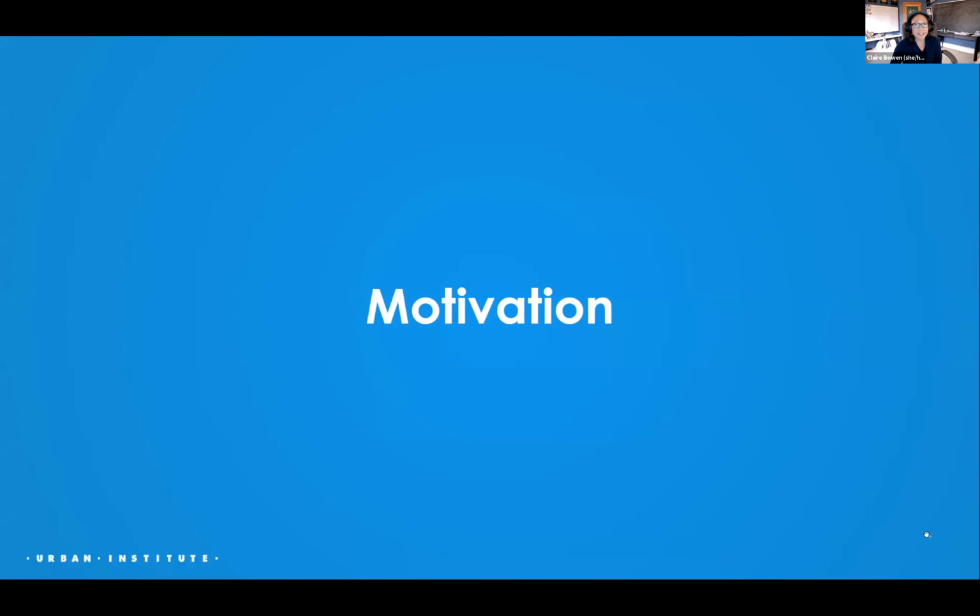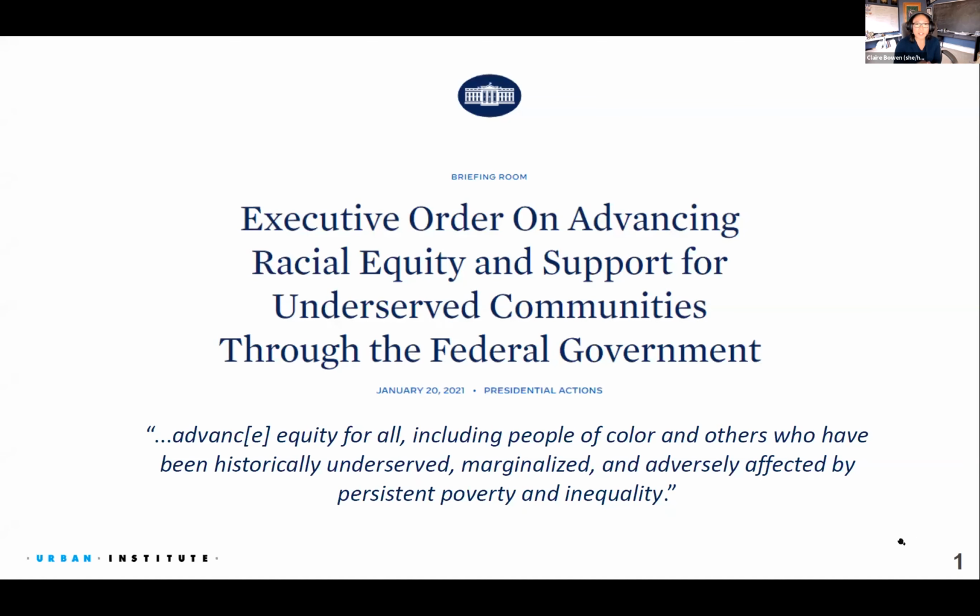So the motivation behind this: I like to talk about the executive order that happened on the first day of Joe Biden's presidency, because it was really impactful to hear that he said we should have more access to data, especially disaggregated data, meaning we need more information about people, including people of color and others who have been historically underrepresented. In order to do that, we have to allow people to access that valuable data. But there are privacy concerns, because the more information you get, the more it naturally opposes having privacy. So you can't have all the privacy and all the usefulness of the data because they naturally oppose one another.